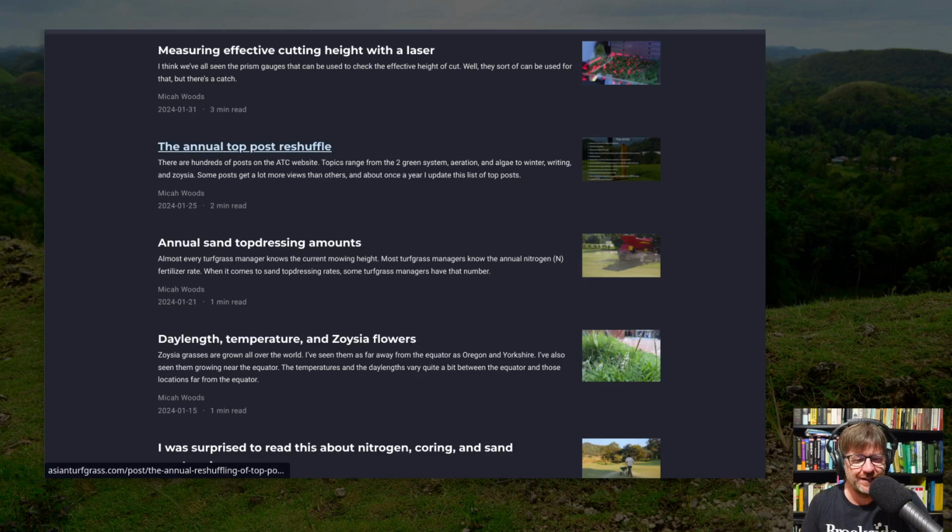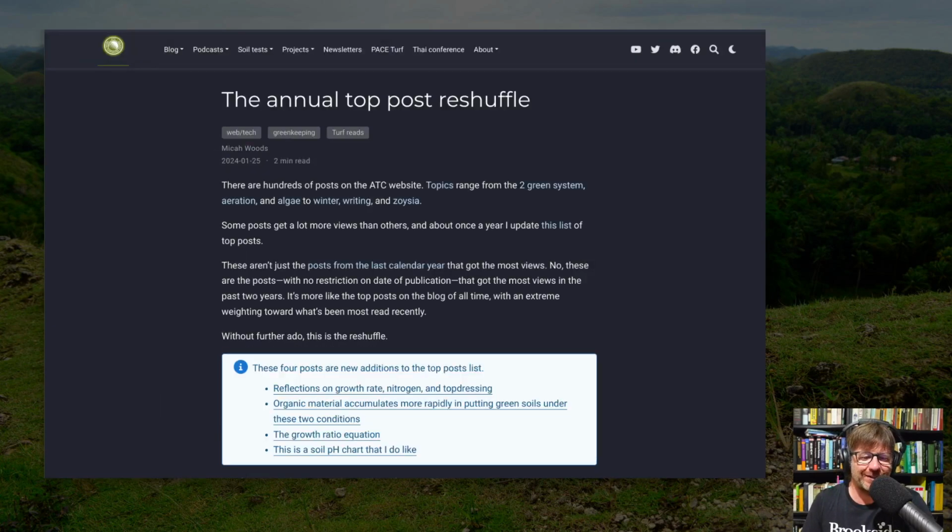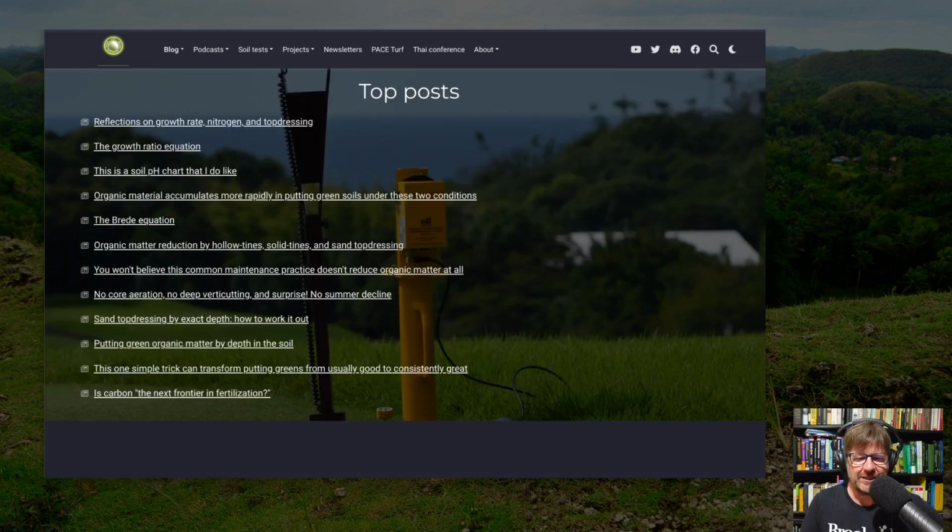And then one of my fun posts that I really enjoy, this one is titled The Annual Top Post Reshuffle. On the ATC website, there is a top posts section, and in that top posts section, I list 12 posts. Those 12 posts are kind of like the all-time top posts, but they're not really all-time, because some of the stuff from